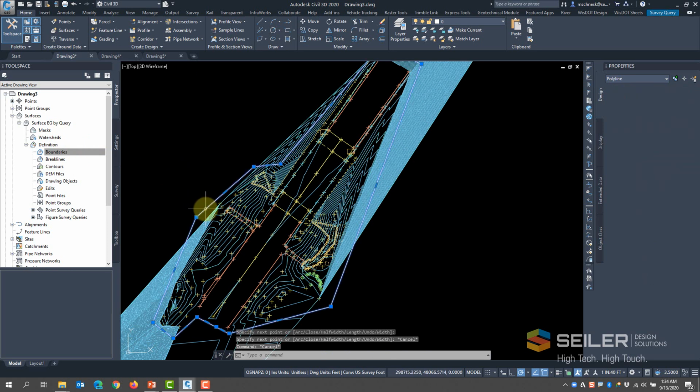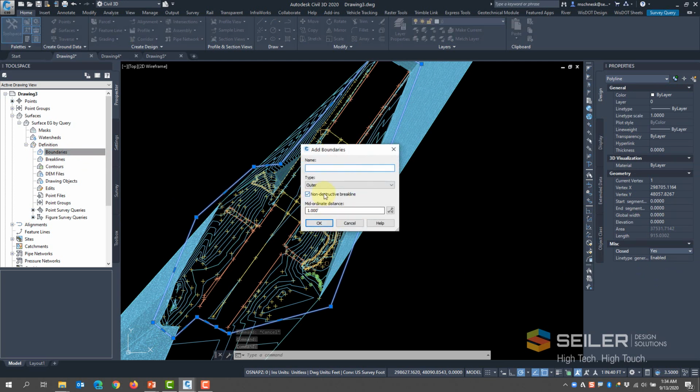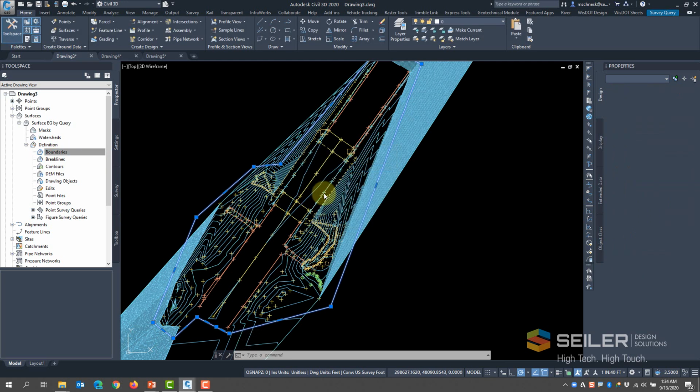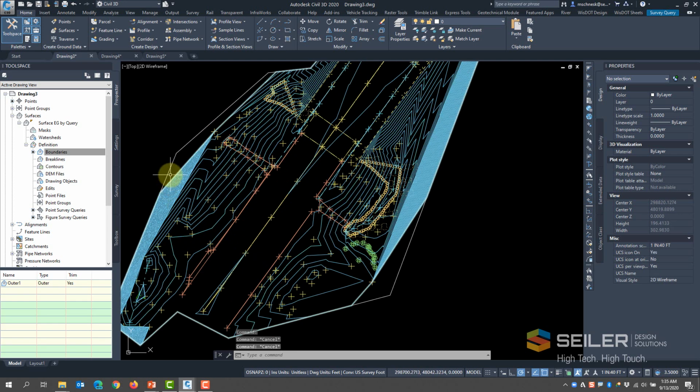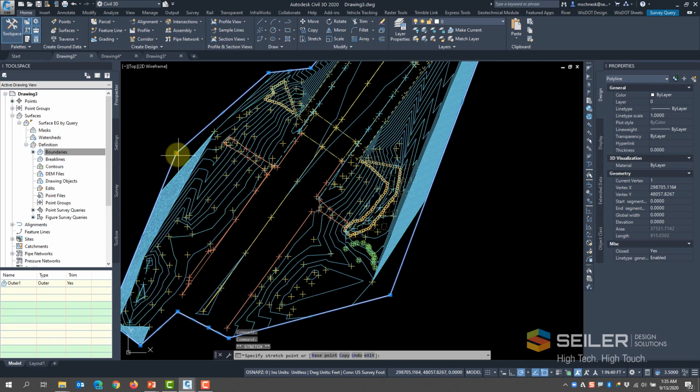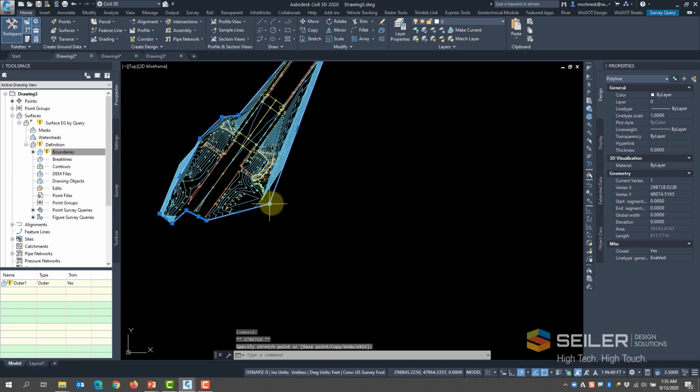Oops. Is that closed? Closed. Yes. There we go. Boundaries, add outer boundary. There we go. Anyway, and then I can modify this as I need to trim off extra lines or whatnot. So there we go. I could have done this as